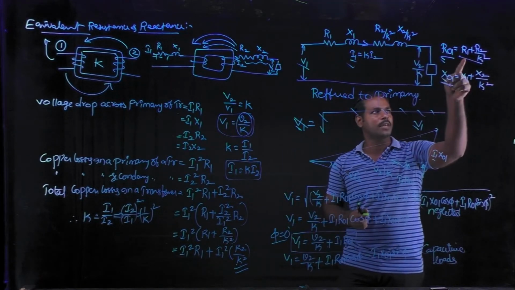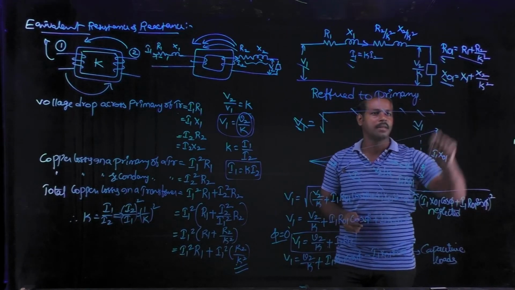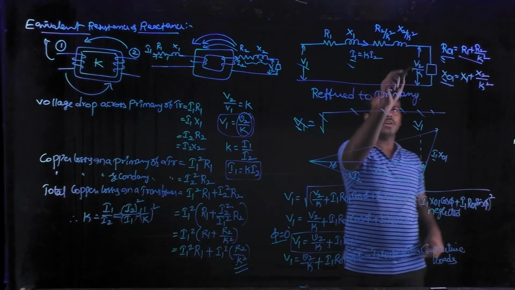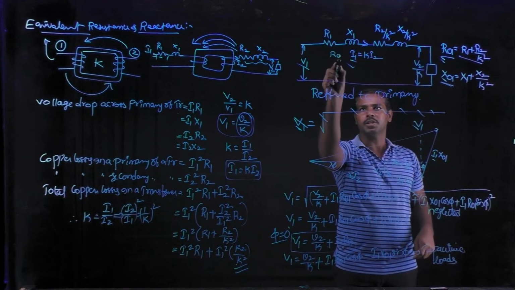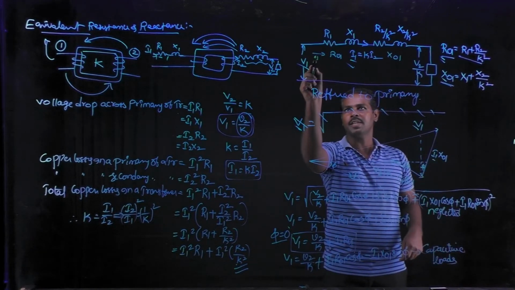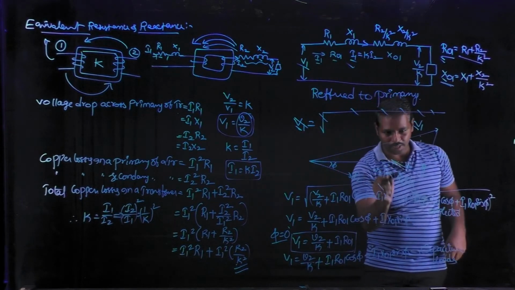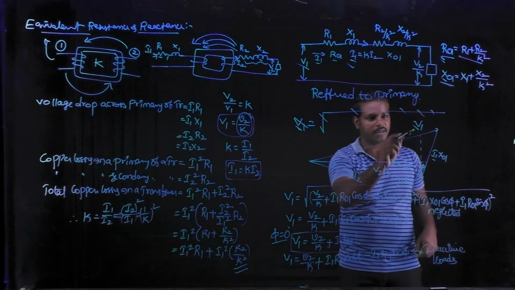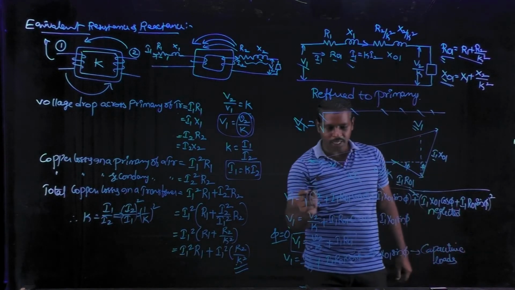So R01 is equal to R1 plus R2 by K square. X01 is equal to X1 plus X2 divided by K square. So based on this circuit, we can draw the phasor diagram. So the load terminal is to be added with the resistance of these two, which is equal to R01, and the reactances of these two, which is equal to X01. The current flowing through these two elements is equal to I1, and the voltage drop across these two is equal to I1 into R01, I1 into X01, which is to be represented finally when we are getting V1 voltage. So we can find out the distance of V1 by using this expression.